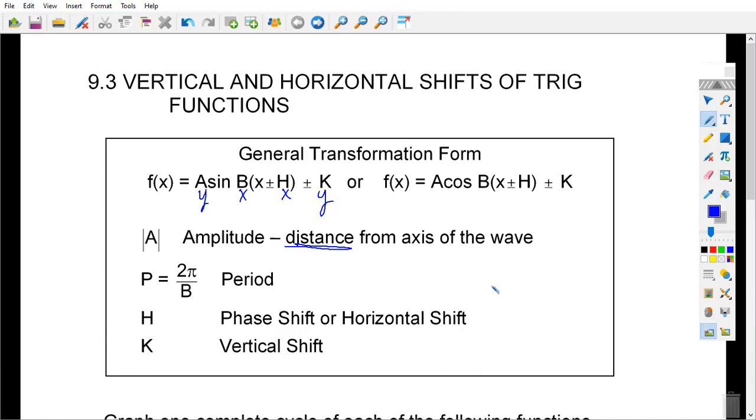Key thing to remember about h is that x's are liars. So it's always going to be the opposite of what you think for an h, okay? And then K is your vertical shift, whether you're going to go up or down. All right. So